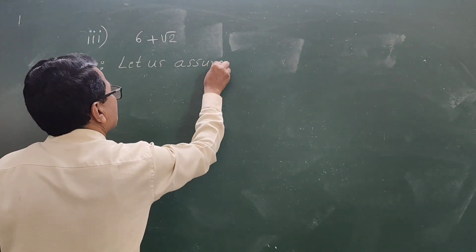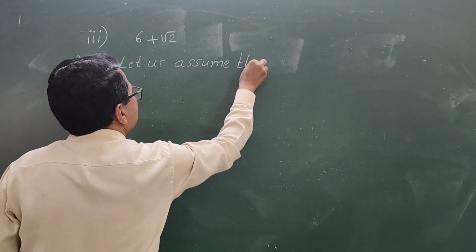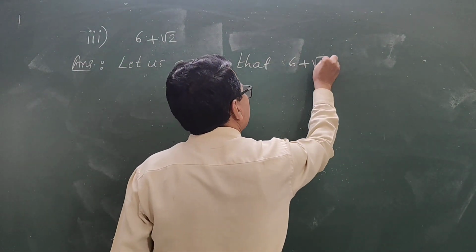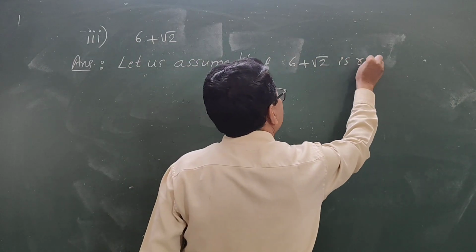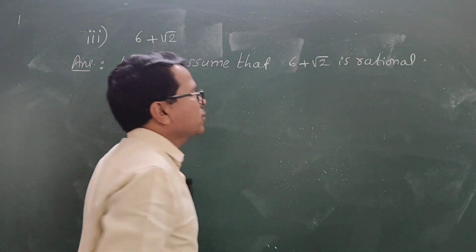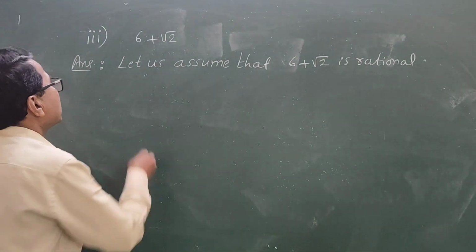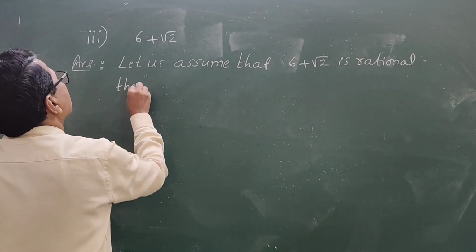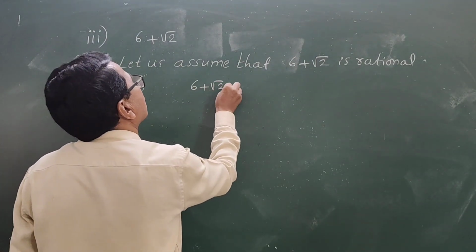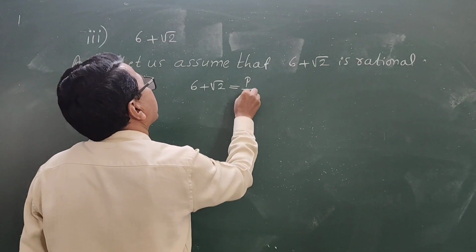Let us assume that 6 plus square root of 2 is rational. Then I'll write 6 plus square root of 2 equal to p by q,